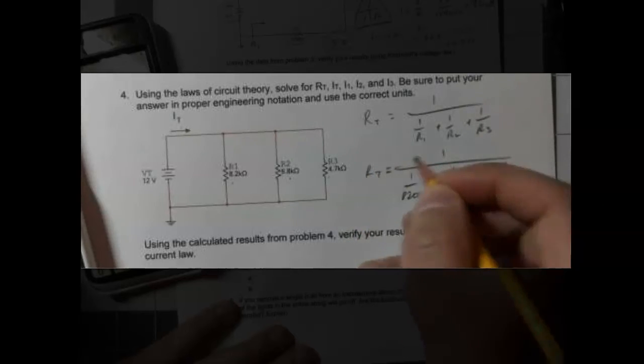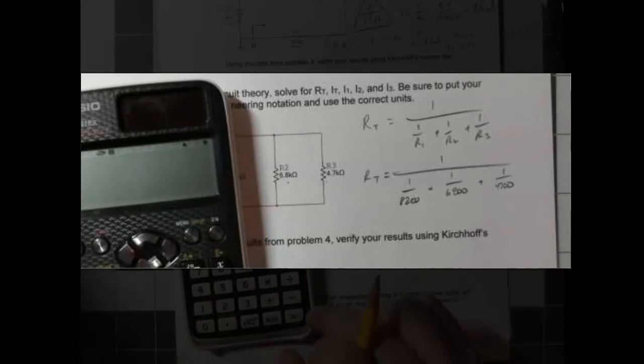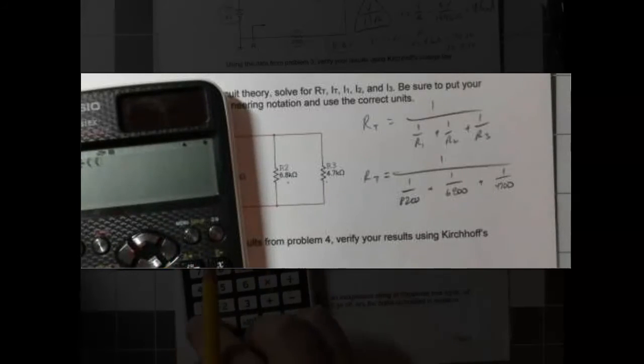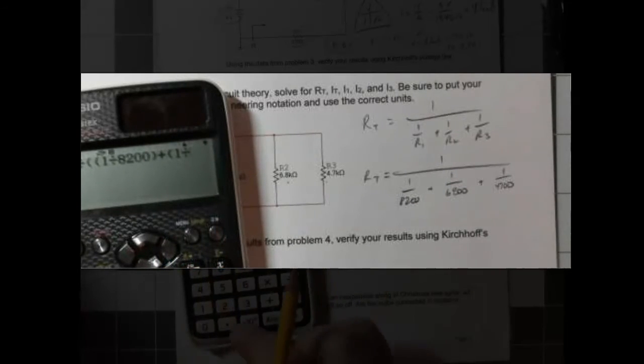That's resistance total. So again, on your calculator, 1 divided by parentheses 1 divided by 8200 plus 1 divided by 6800 plus 1 divided by 4700 parentheses equals